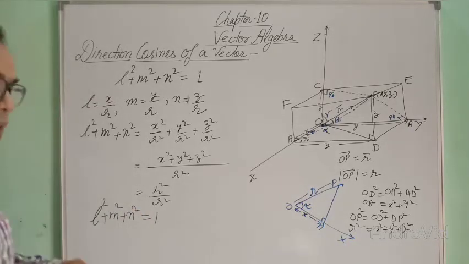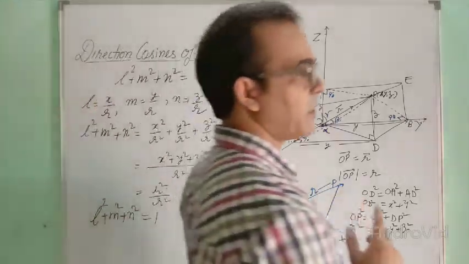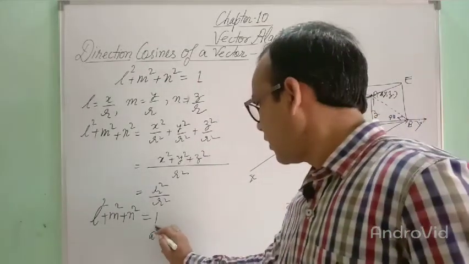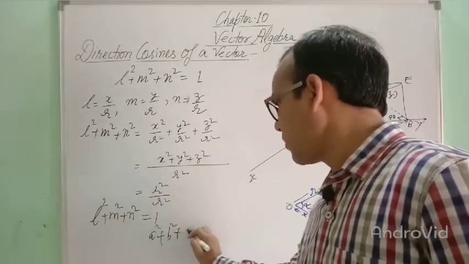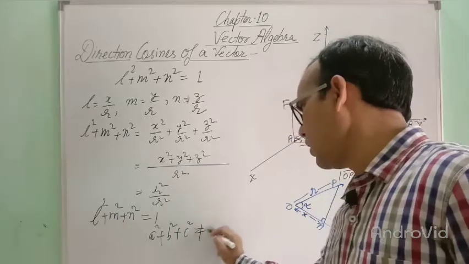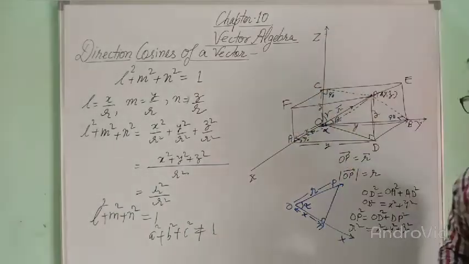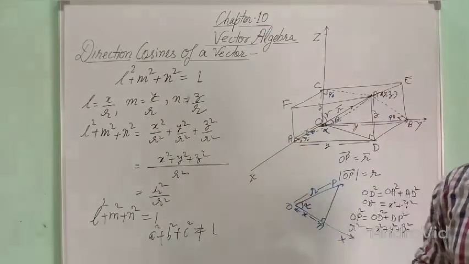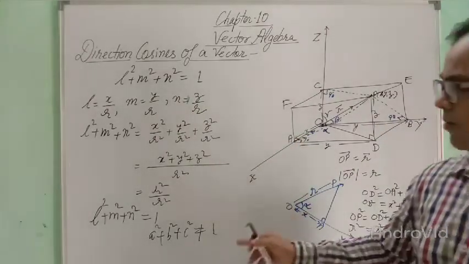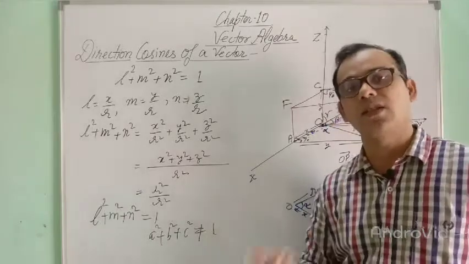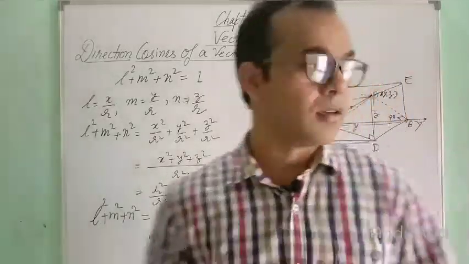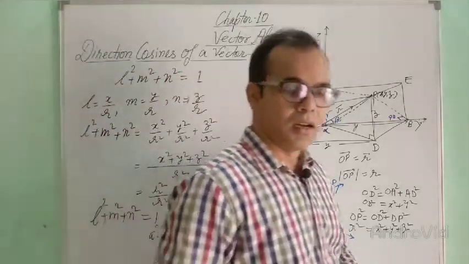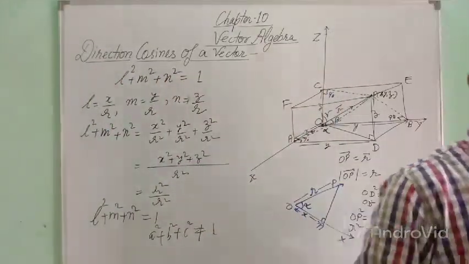We should keep it in mind, and we should also keep in mind that for the direction ratios A, B, C, the relation A square plus B square plus C square need not be 1. The sum of the squares of the direction cosines is 1, but the sum of the squares of the direction ratios need not be 1. Okay, so it was all about the direction cosines of the vector, and in the next video we will discuss